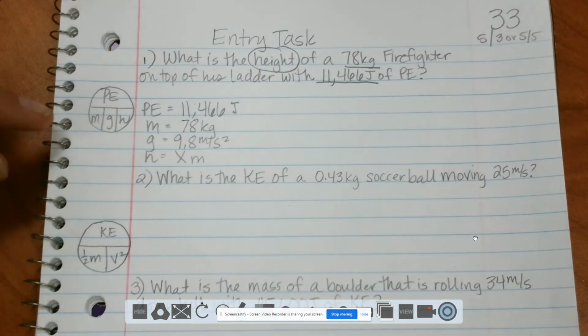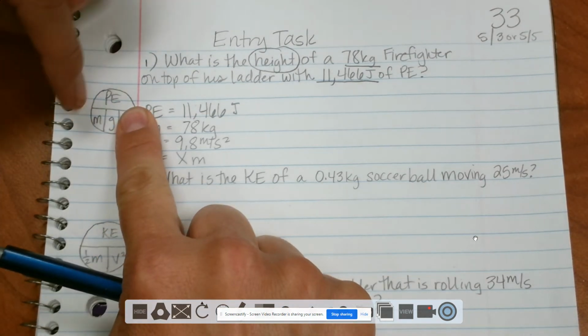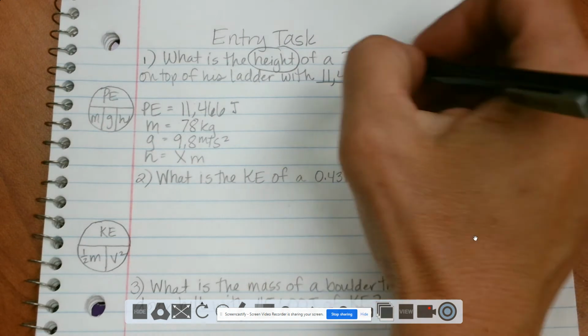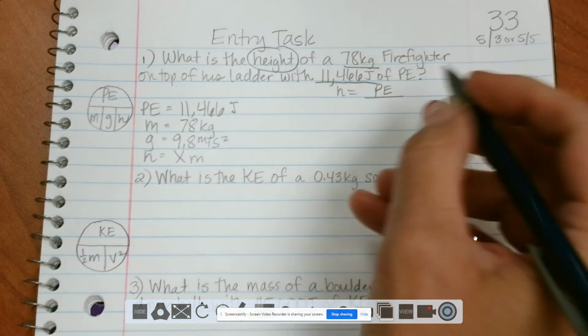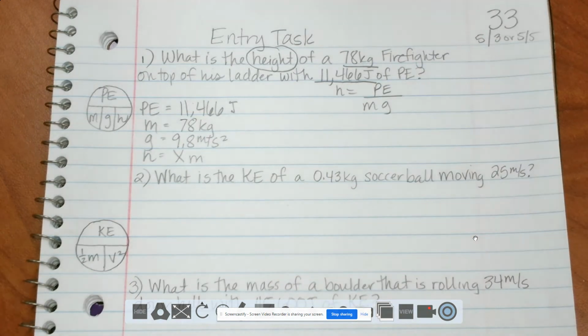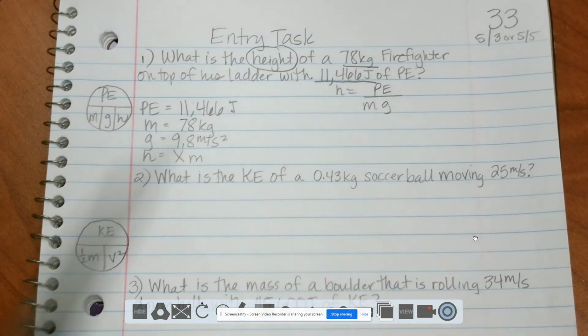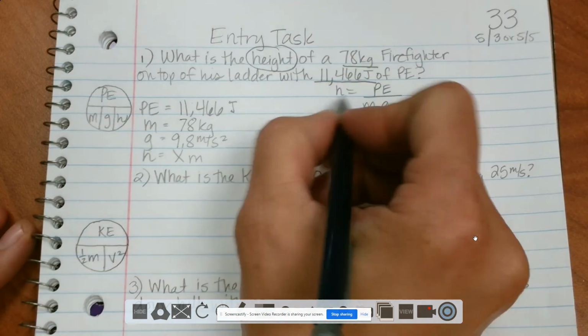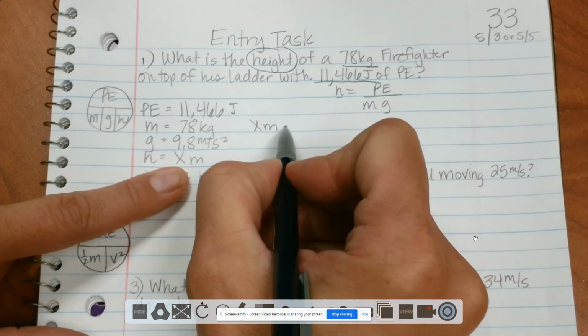So if I need my equation, I'm looking for height. I'm going to cover up the h. I'm going to get potential energy on top, mass and gravity on bottom. So my equation will look like this. Height equals potential energy on top, mass and gravity on bottom. So I'm going to multiply mass times gravity, then divide potential energy by that number, and I will be good to go. So h is height, x meters is my h, equals my potential energy on top,